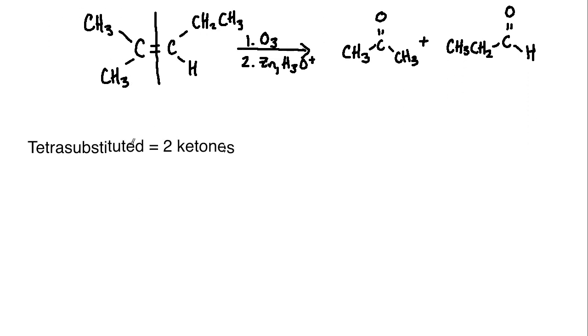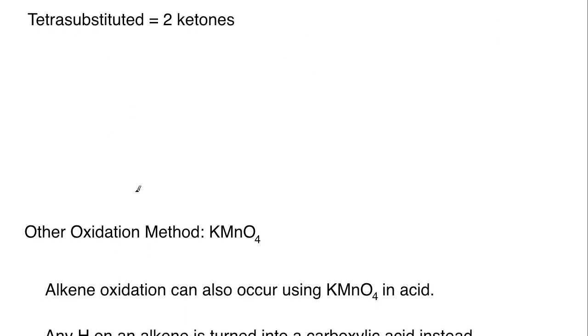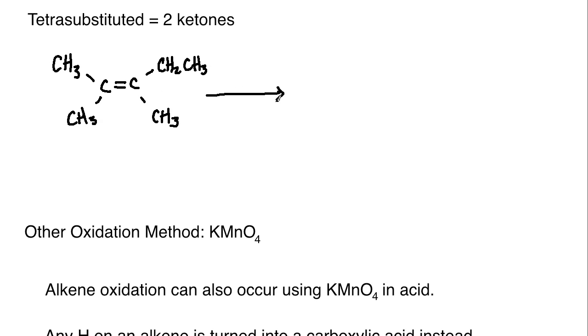And then, similar to the first example that we walked through with that cyclic compound, if something is tetra-substituted, you're now going to get two ketones. So let's just run through another example where we have a tetra-substituted. So we'll do two methyls over here, and then we can do an ethyl and a methyl over on this side here, right? So now I don't have any hydrogens remaining, which means that aldehydes are no longer going to